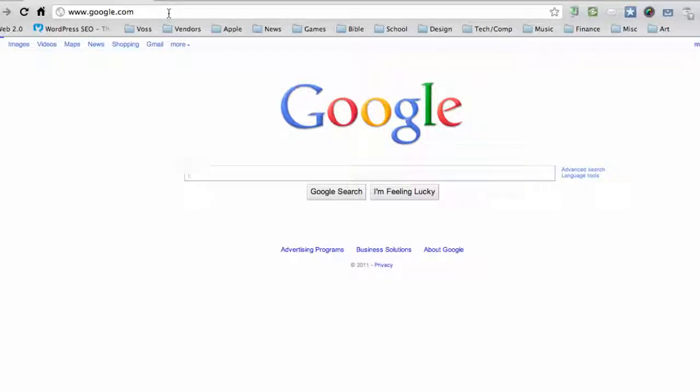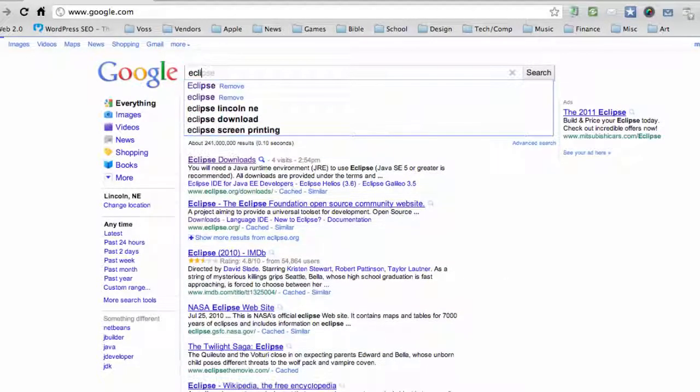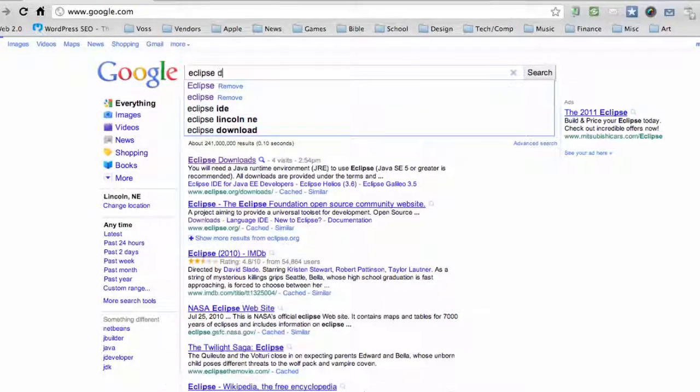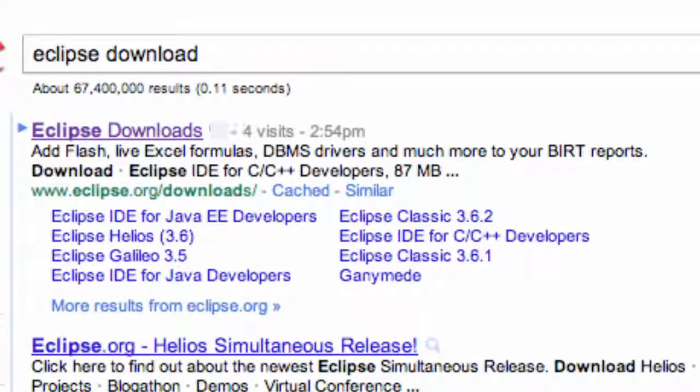What's up, guys? Welcome to your second Android tutorial, and what we're going to do in this tutorial is again some boring stuff like installing software. And the software we're going to install is Eclipse. So go into Google, type in Eclipse or download Eclipse. I'm going to say Eclipse download, and it should be the first link